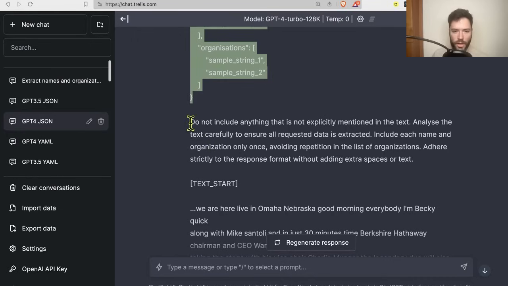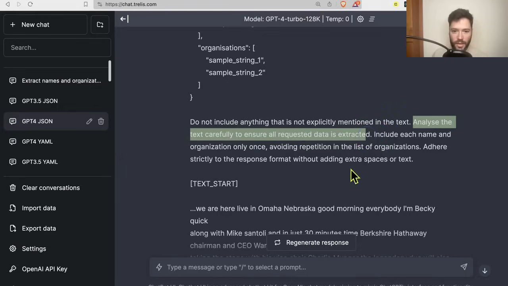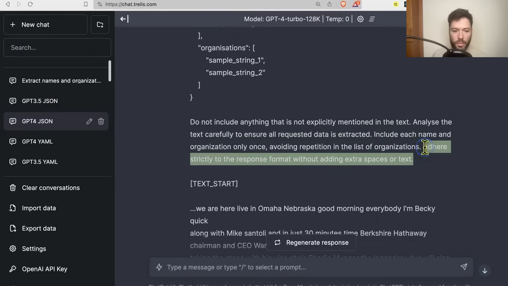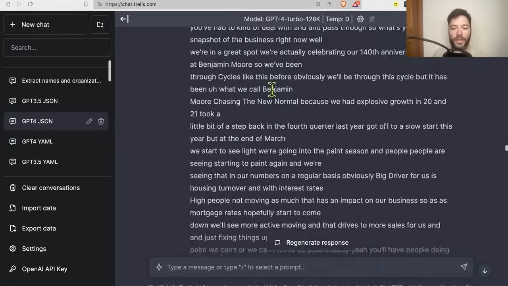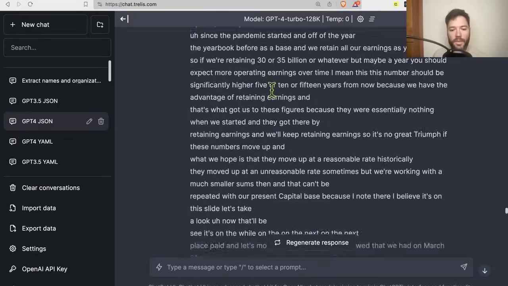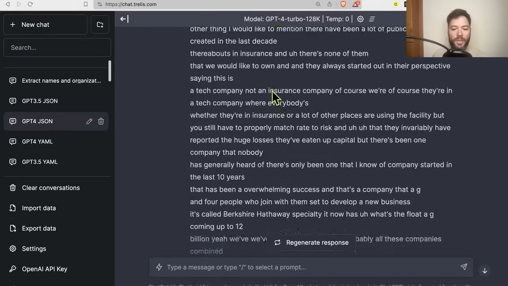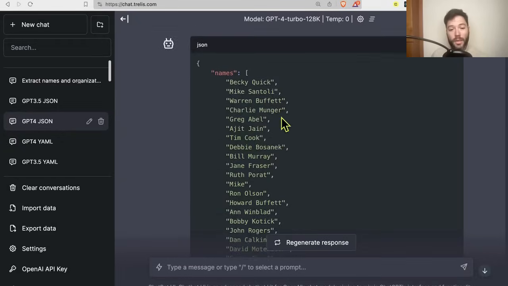So here I'm just reiterating the same guidance, trying to encourage the model not to miss anything by saying all the requested data is extracted, trying to avoid repetition by saying not to repeat anything, and then trying to ensure nothing comes before or after the response. And again, I put in the entire text wrapped in text start and text end, just to provide some clear delimiters. And I finish off with a one-sentence prompt at the end, which says, now answer immediately and only in JSON format, which